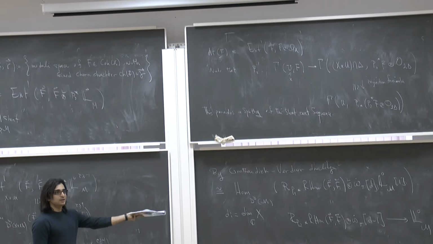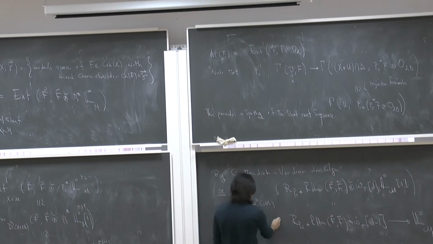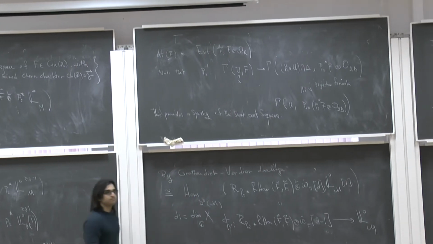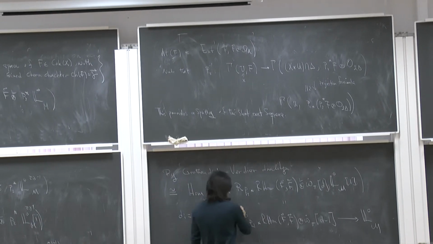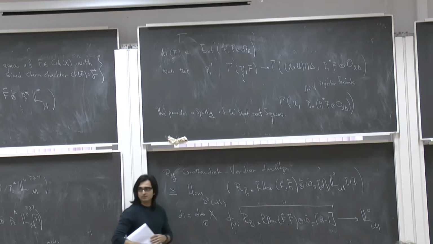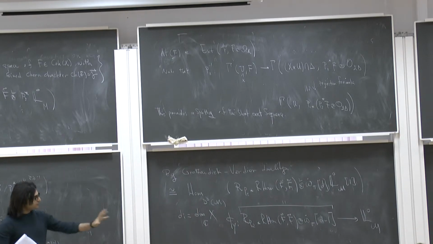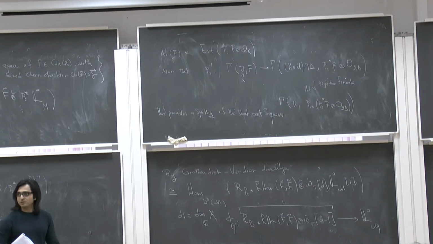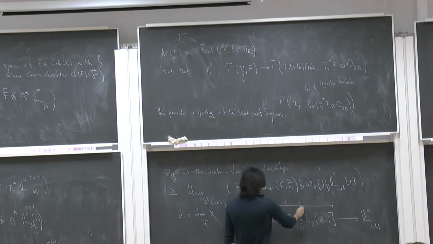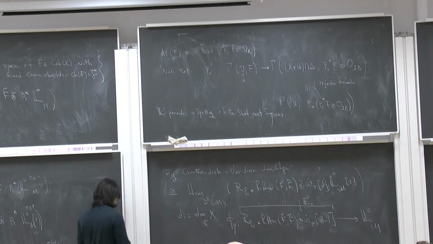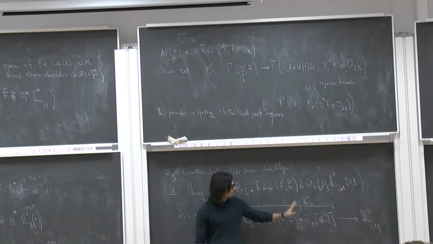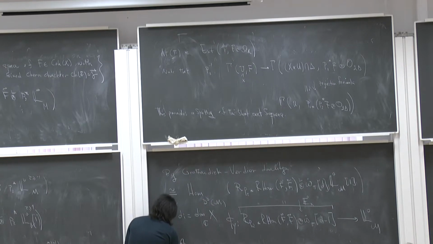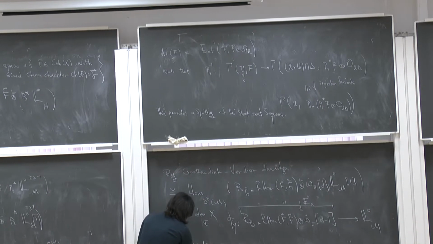So let me give this morphism in the derived category a name. Call it phi. Okay, so far I have produced out of the universal Atiyah class of the universal sheaf of the moduli space a morphism from this object to the cotangent complex of my moduli space. Let's call this one E dot of X. Okay, so why is this useful now? You can investigate the cohomological properties of this map from the object E dot of X to L dot of X. After investigation, you can actually see